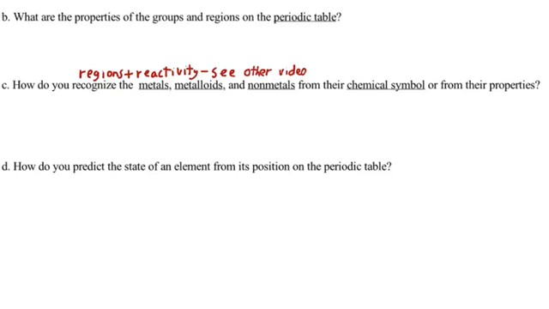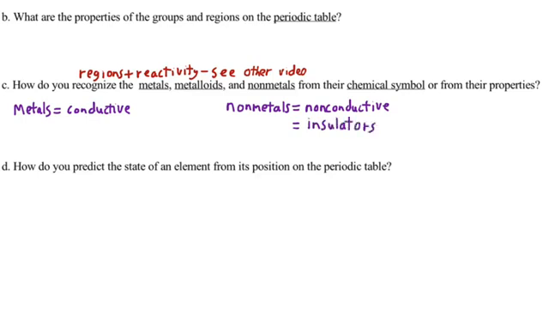So recognizing the metals, metalloids, and nonmetals, which are three of the regions you'll see, are